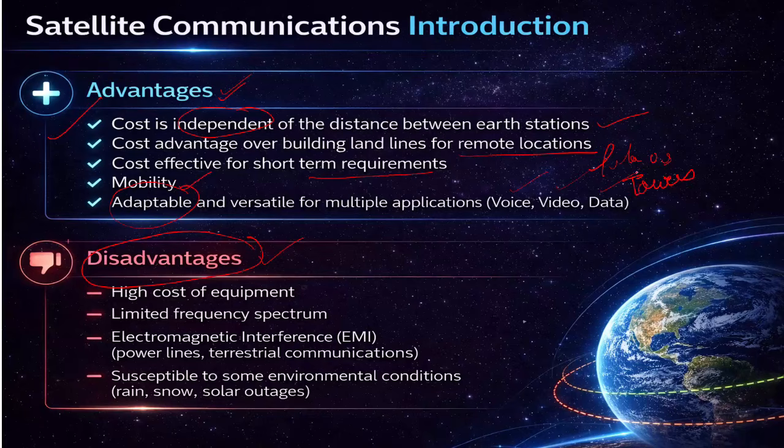The first limitation is that the initial cost of equipment like antennas and terminals can be very, very high, right? The second disadvantage is that it has limited frequency spectrum. So this creates constraints on capacity and scalability. As you know, in case of 5G, it can go maybe up to 52.6, right? But here it's not like that. It will not go beyond maybe 6 gigahertz or so on, right? We'll discuss the spectrum in the next few slides.